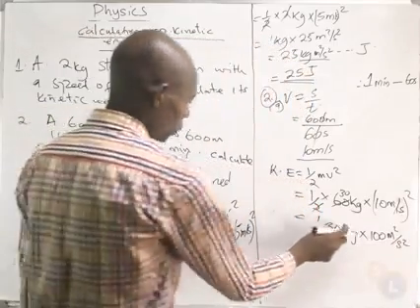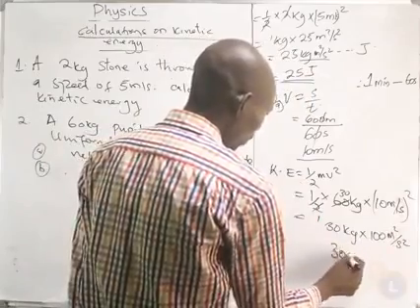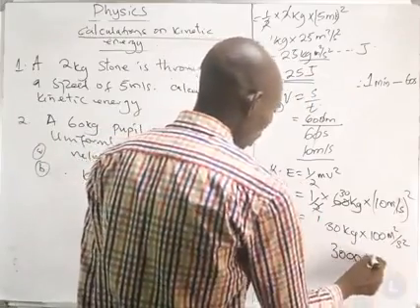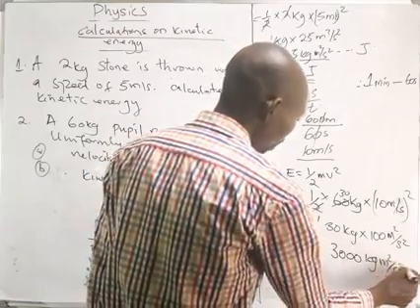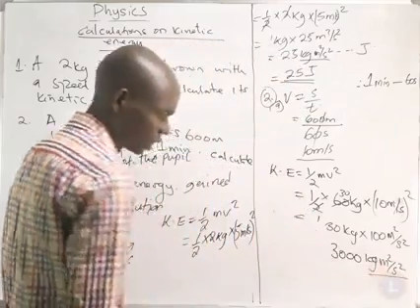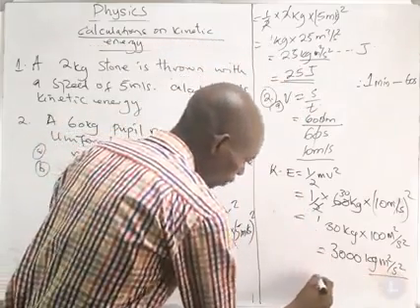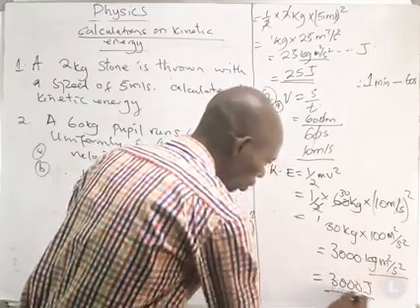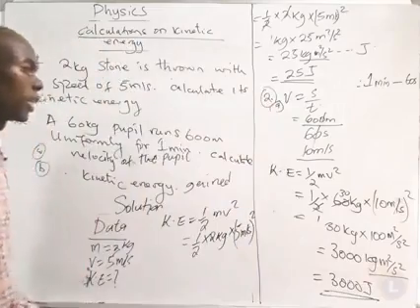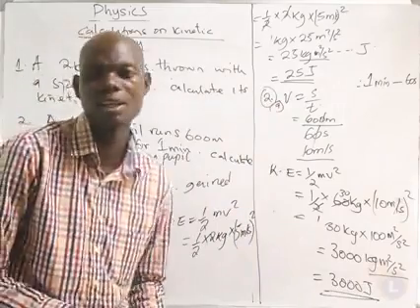So 30 by that will give us 3000 kg meter squared per second squared. The whole of that is a joule, so we have 3000 joules as the kinetic energy gained by this running